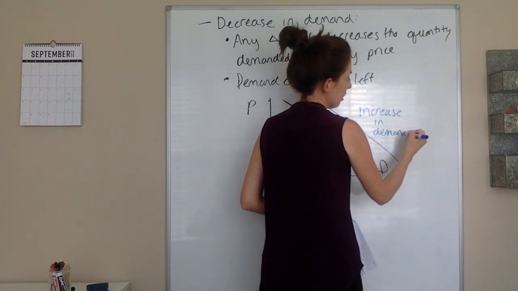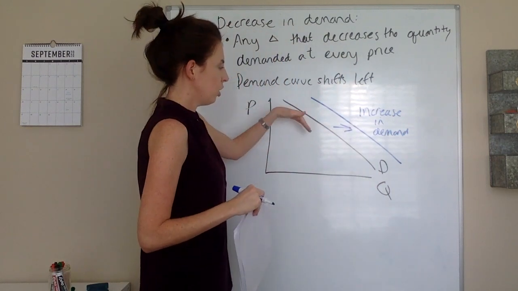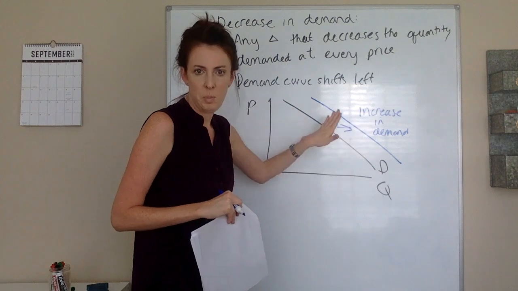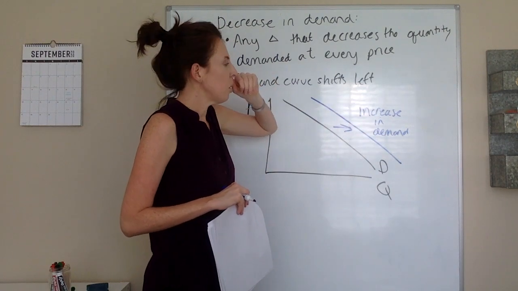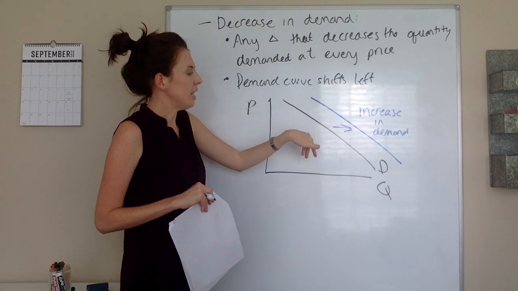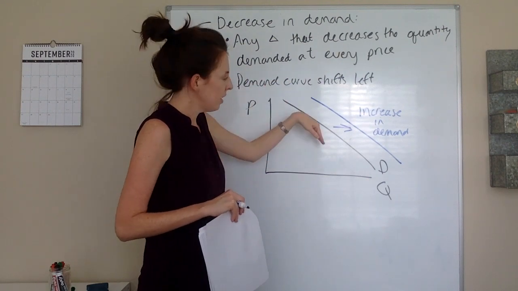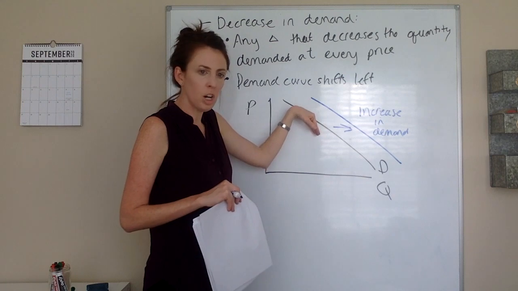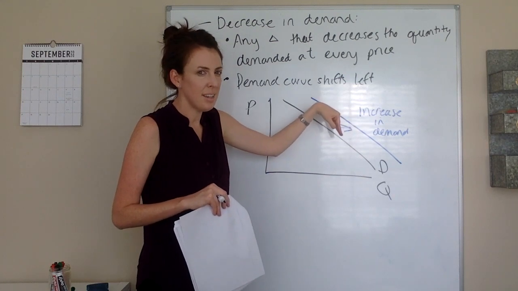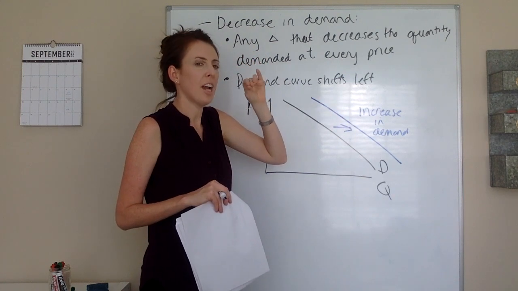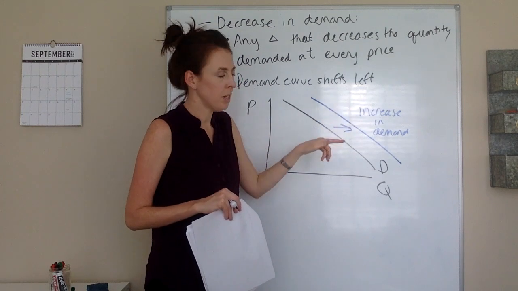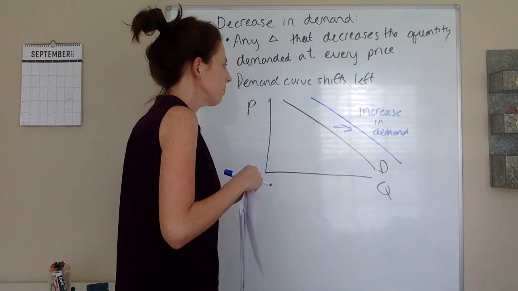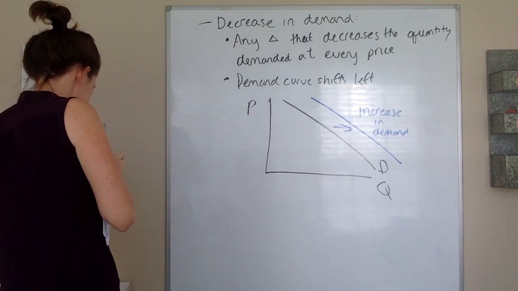And if demand does increase, since you're moving the curve, you can erase this one because the curve has moved from here to here. Again, since we're thinking about an increase in the quantity demanded, this has to be consistent with the curve shifting right. It's not intellectually quite accurate to think about this as a curve shifting up. It's shifting right because we're increasing the quantity demanded. Okay, a decrease in demand